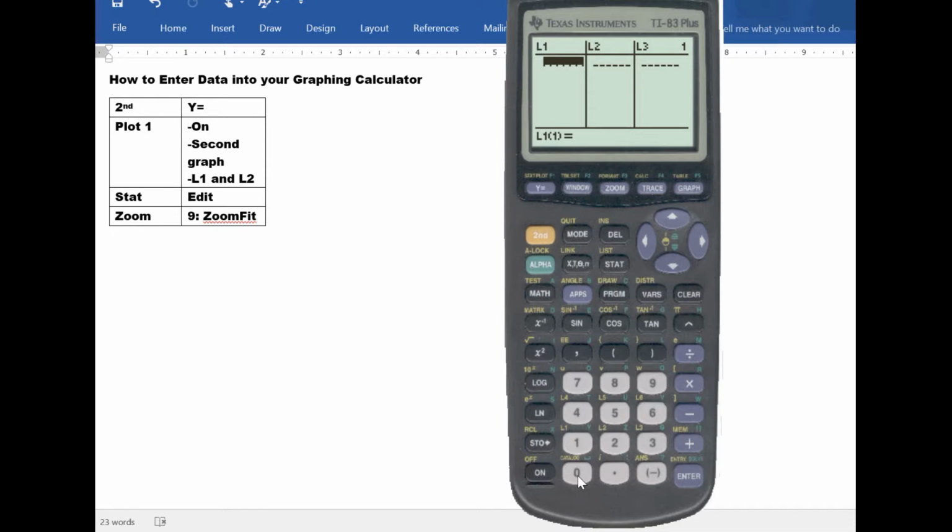My X values were from time 0 seconds to 10 seconds. So I'm going to press 0, 1, 2, 3, 4, 5, 6, 7, 8, 9, and 10. Those are all my X values. Then press the right arrow key to go over to the L2 column, and these will be my Y values. So I have 0.2, I have 0.1, and I'm pressing enter after each of my data points, right? 0.1, and then I have 0.05,